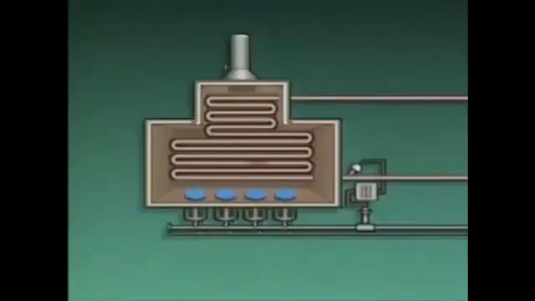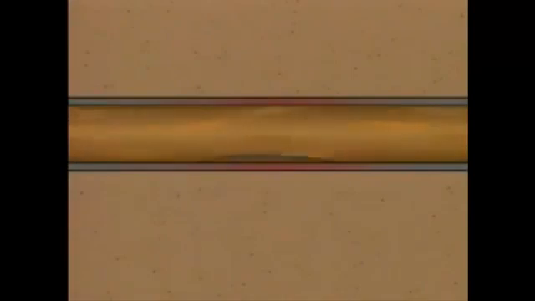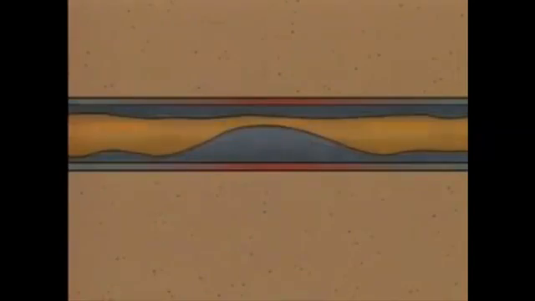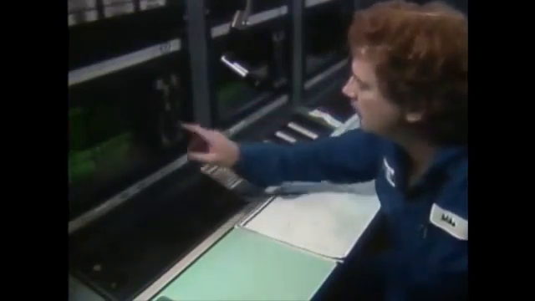Another way to handle a hot spot is to reduce the firing at that area in the furnace. If the burner closest to the hot spot is turned off, you'll direct less heat toward the problem tube. A hot spot may lead to coking, the buildup of carbon deposits inside the tubes. Coking can restrict fluid flow and cause heat transfer problems. Coking may be detected in multipass furnaces by comparing the flow rates through